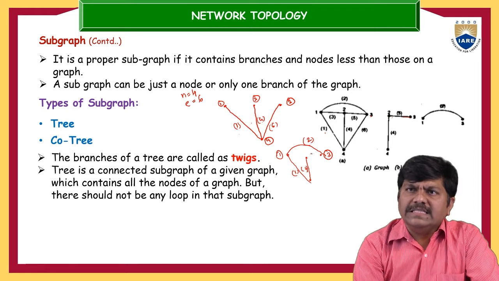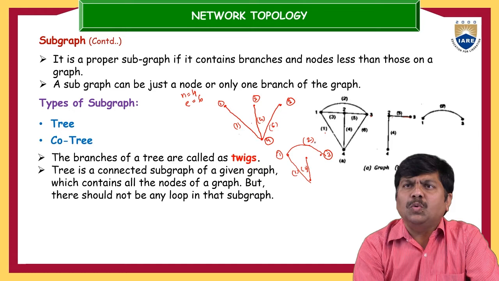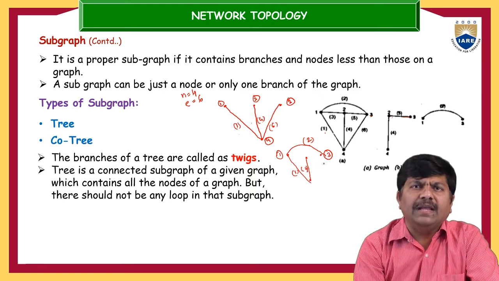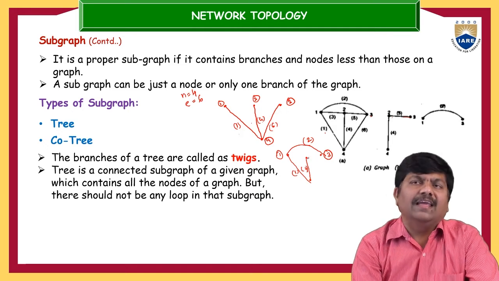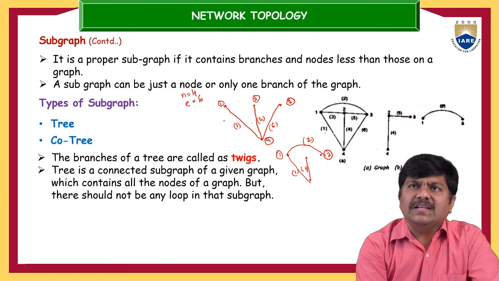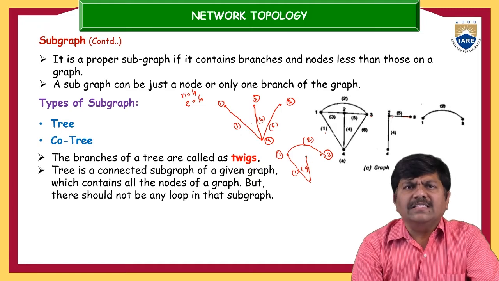Now here, this tree was developed again by using 3 elements, that is element number 1, 2 and 4. Now if adding this 6th element, then you are going to see one closed path. So that won't be a tree. That may be a subgraph, but that won't be a tree. And if element number 5 is added, that is also a closed path. That won't be a tree. And if element number 3 is added, then you are going to see one more closed path. So that won't be a tree. So this is one set of tree. This is another set. Like this, you can develop.